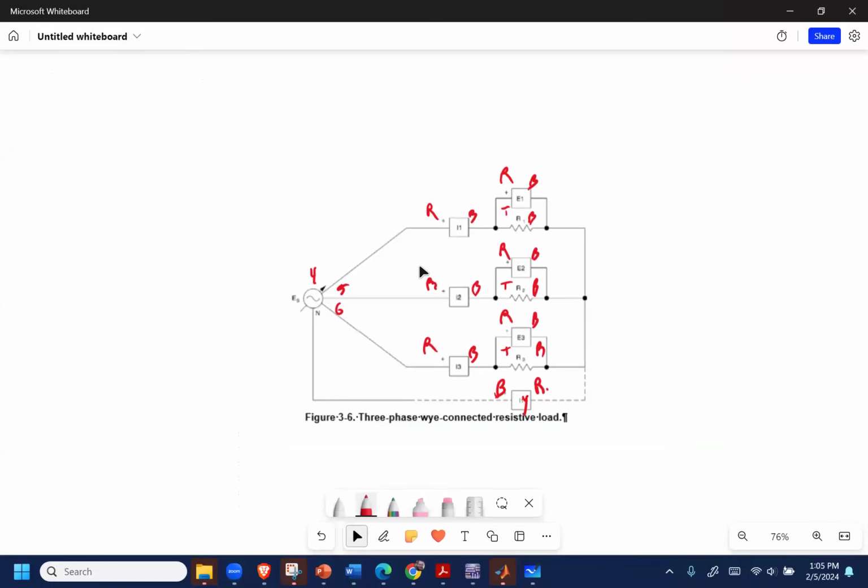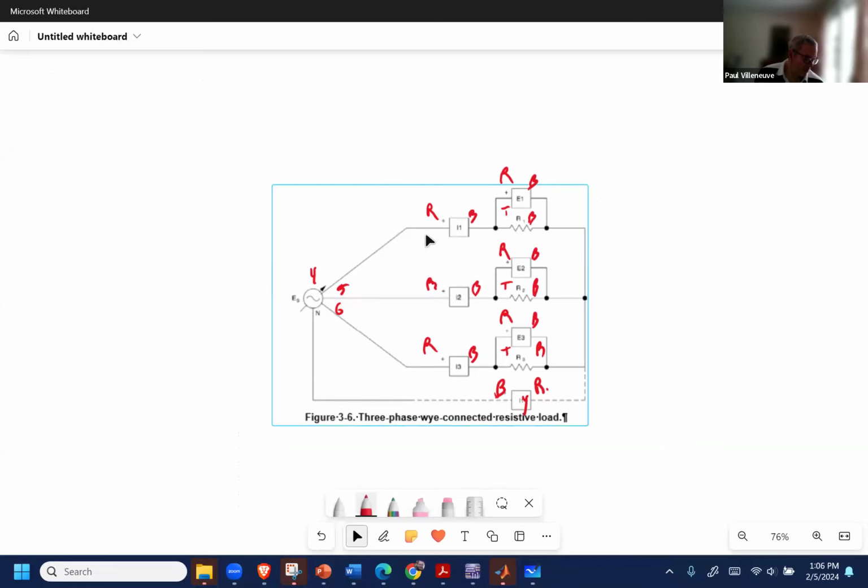Okay. So all I've done is the convention we adopted sort of the last lab. I've got my terminals 4, 5, and 6. This is my neutral. I go red, black for my currents, my ammeters. I do red, black for my voltmeters. And I do top and bottom for my resistors. And what I do is I do my connection here. And then because this is a Y-connected load, I take all 3 of those resistors and place them in a